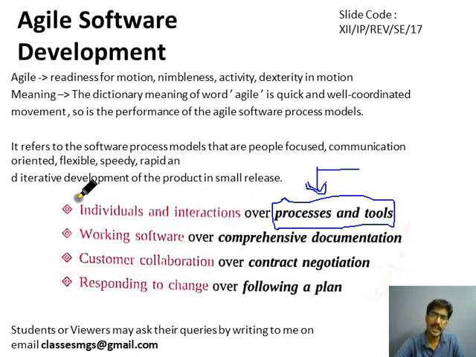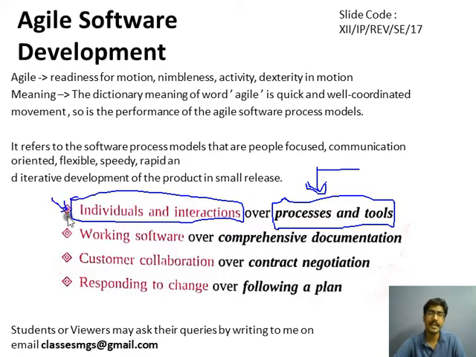But in case of agile manifesto, we don't follow these processes. We directly involve the individual software developers, clients, and we give the flexibility to the developer to talk to the customer directly. If the developer wants to communicate with the product owner, he can directly communicate. There is no need to follow some processes. That's why in agile manifesto, first point is we give more focus on the individuals and their interactions rather than following the processes. Okay, so this is first.